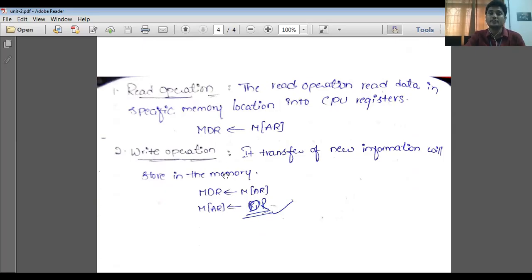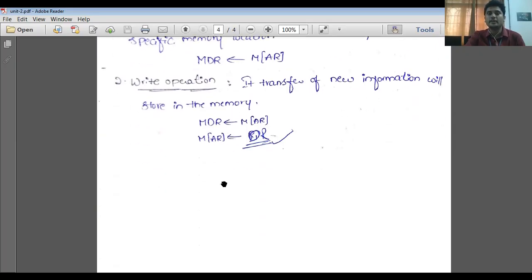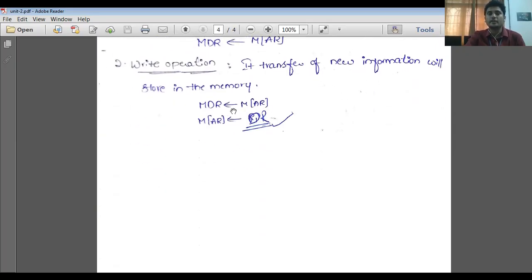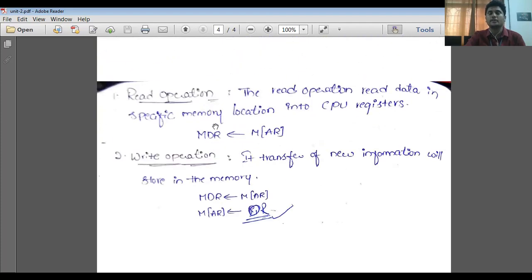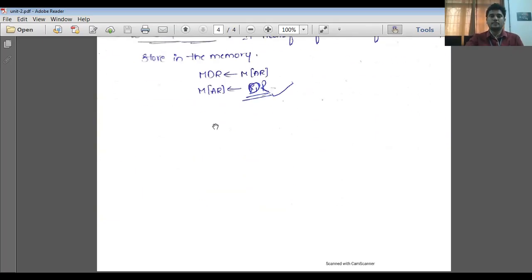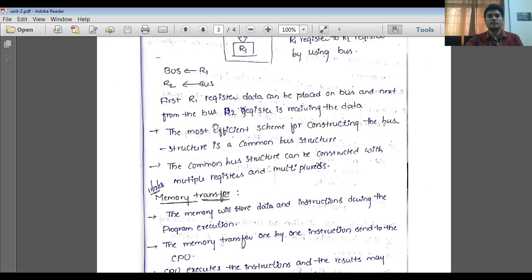After the completion of execution, if new information is stored in the memory, that is MDR to M[AR], then it is called a write operation. So here we perform both read and write operations for the execution of one particular task, that is, execution of instructions. So this is the basic introduction for unit number 2.